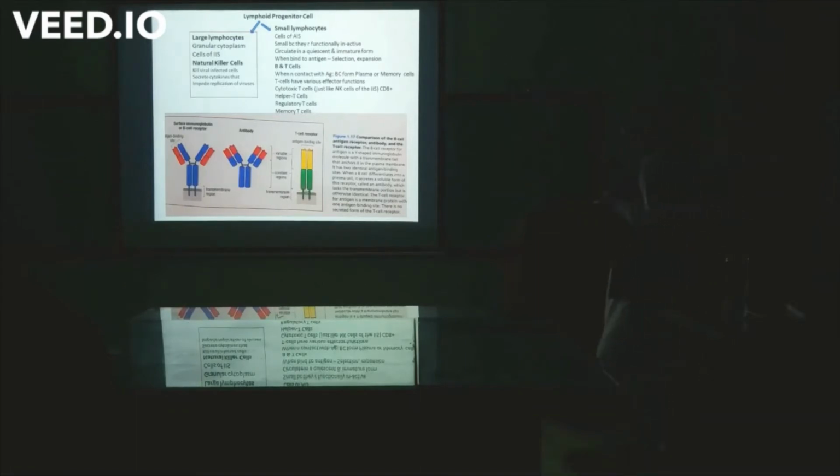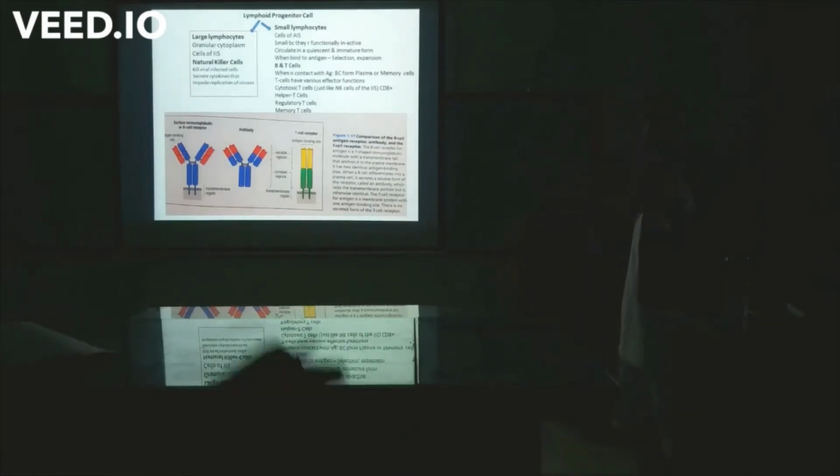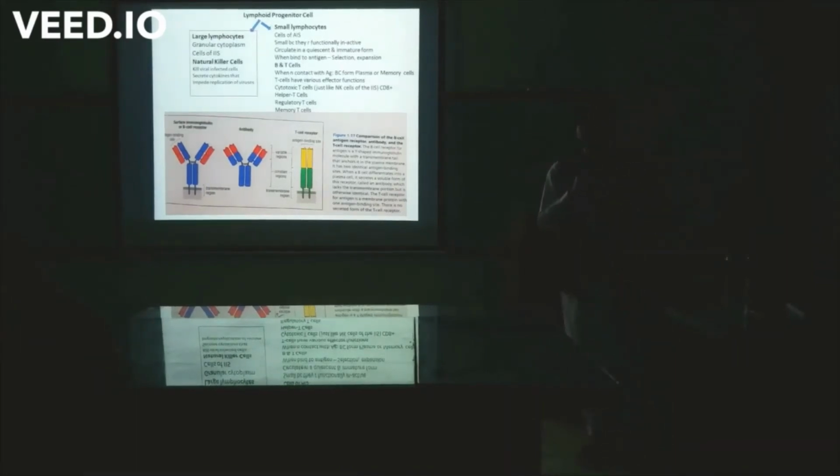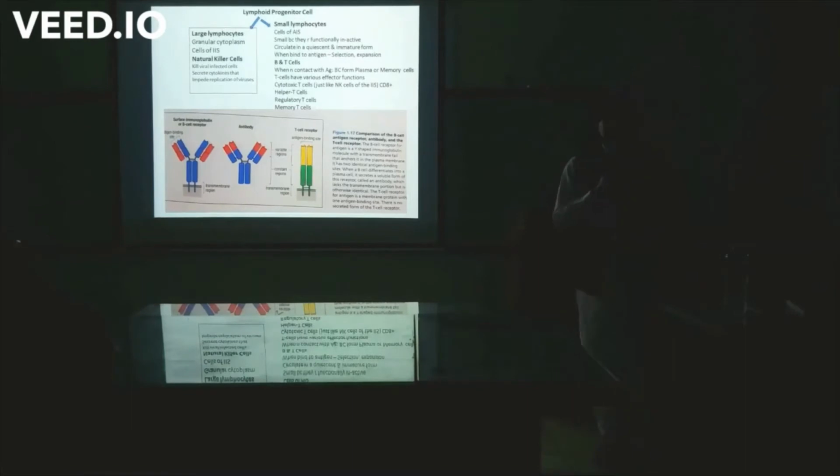The small lymphocytes are cells of the adaptive immune system, which also come out of the lymphoid progenitor cells, and they are small because they are functionally inactive. We are talking now about the B cells and the T cells. When these cells are made in the bone marrow, they are smaller in size because they are not active yet. They would be activated once these cells come in contact with some kind of pathogen,